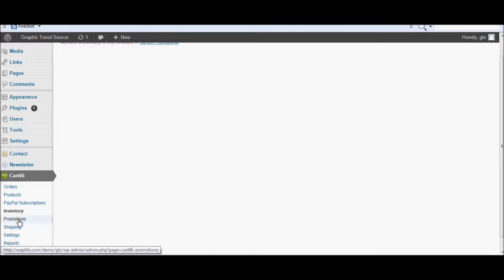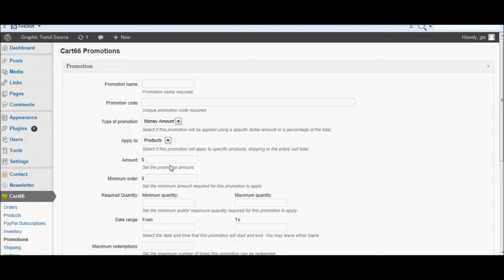Promotions here, a very interesting menu that you will likely use a lot once the site really gets going and you want to increase sales and you start getting an email base where you can write to your previous customers. This is very simple. It allows you to create a coupon that offers a rebate for files on your website. So you could do, for example, a promotion in the month of April. You could call it an April promotion. You could do a code here,